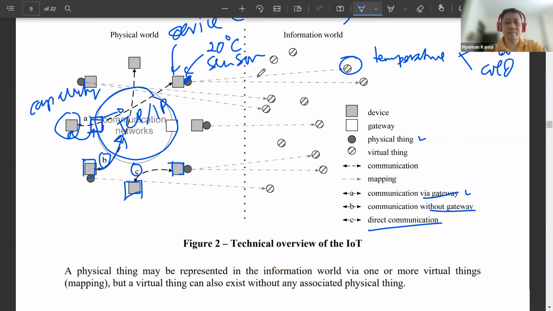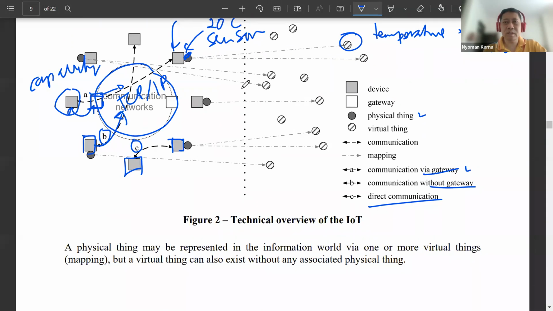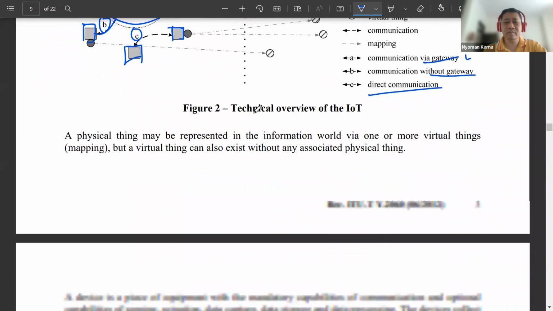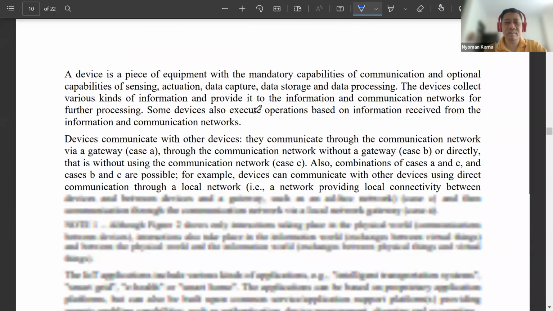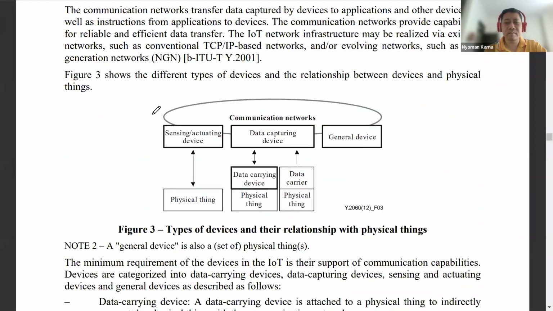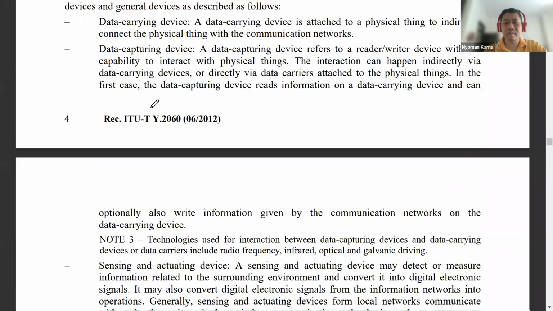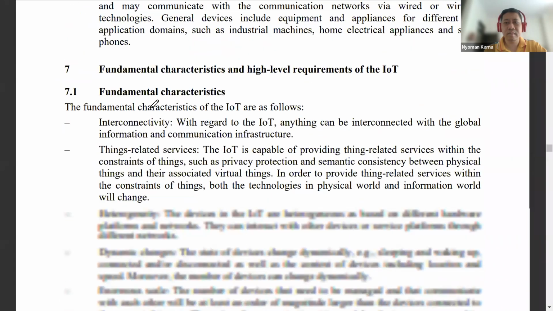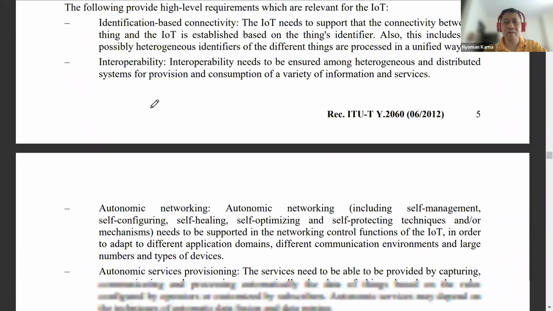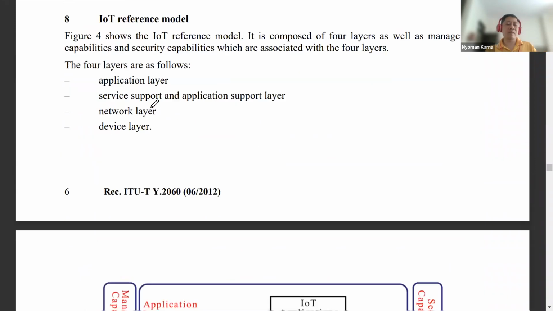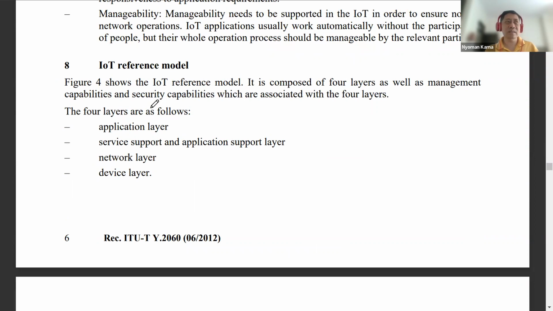Okay, next. The second thing that we're going to discuss from the standard is the IoT reference model. Now, based on this IoT standard, it defined the IoT reference model in 4 layers.